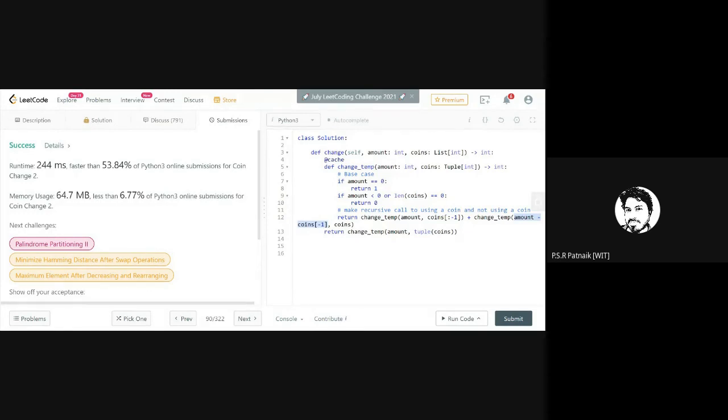Can you do, or do you suggest, if I use modulo, can I reduce the number of calls? Now tell me, using modulo, will it give a right solution or not? What do you think? If I use modulo instead of subtracting, will it give the right answer or not?